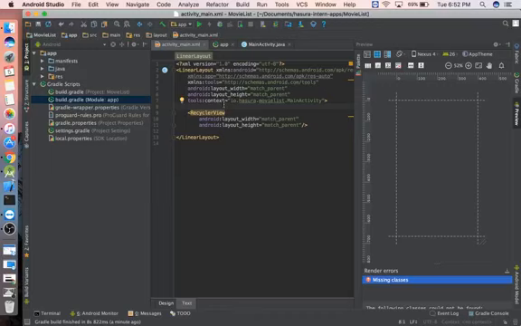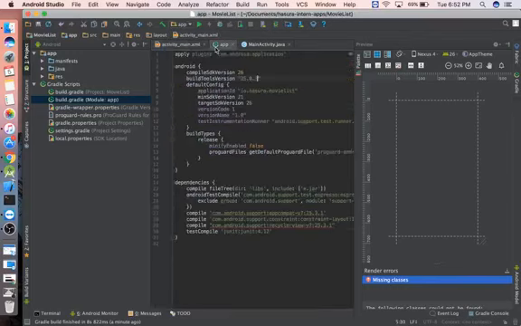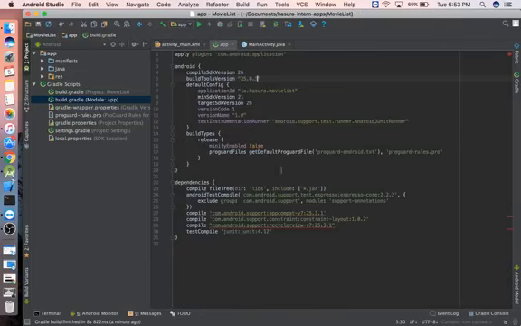Okay, Gaurav ji asked another question. What is 25.3.1 that has changed? Okay, so basically when you are building your Android app,